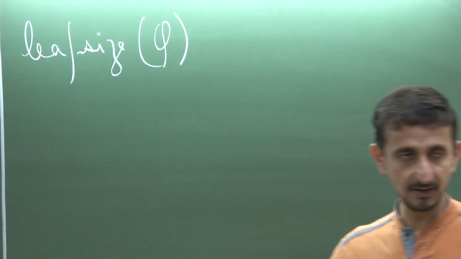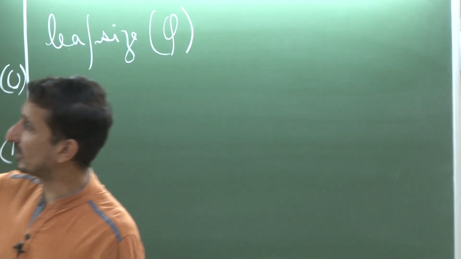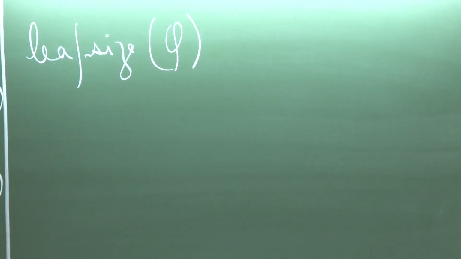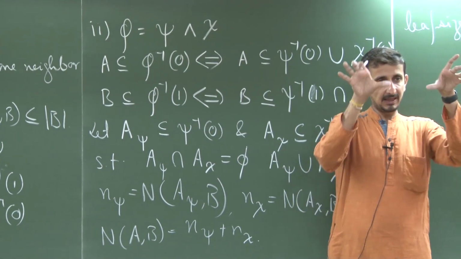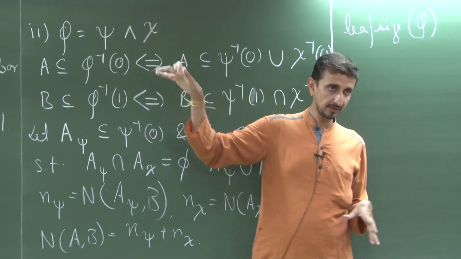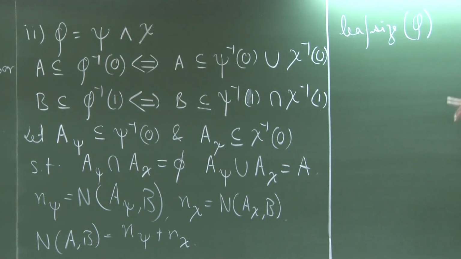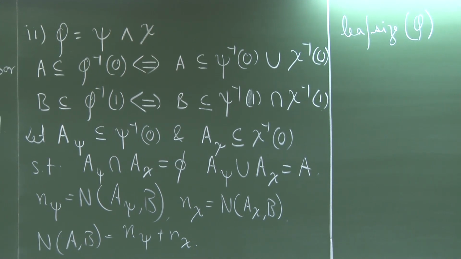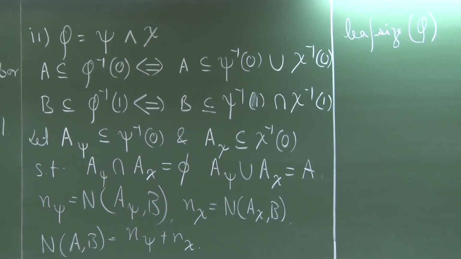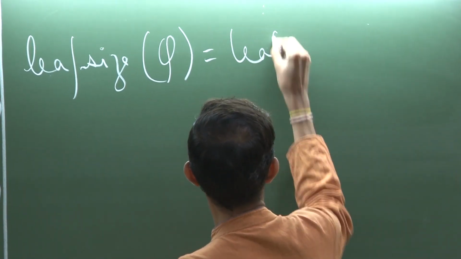Phi is a formula which means it is a tree, and the formula has an AND gate at the top and there are two subformulas, psi and chi. So, what can I say about the leaf size of phi in terms of the leaf size of psi and chi? It is just the addition. The total number of leaves in the entire tree is the number of leaves in this subtree and this subtree. So, it is equal to leaf size of